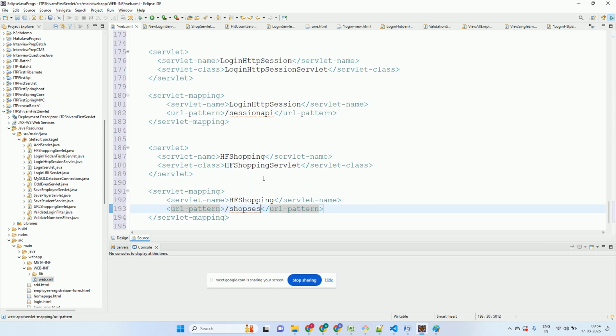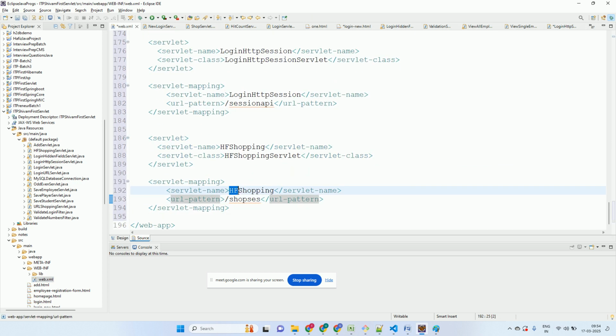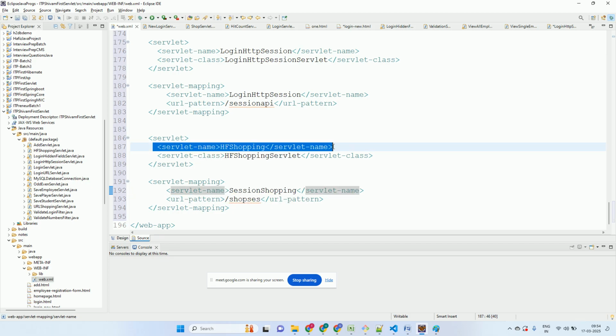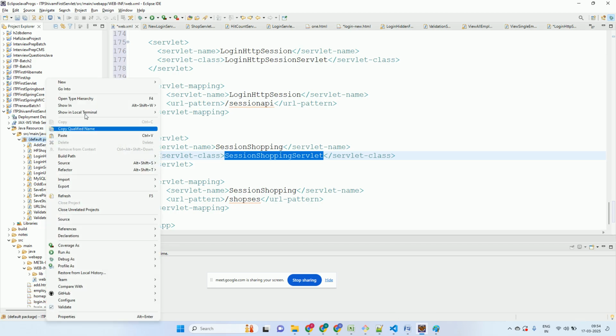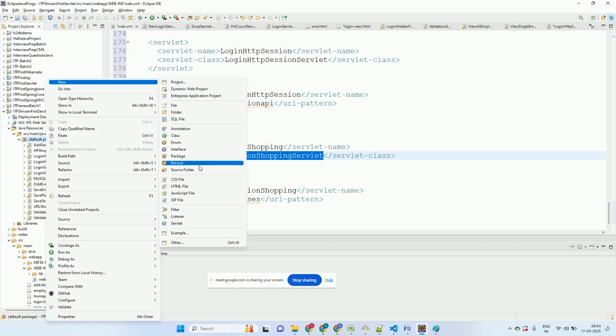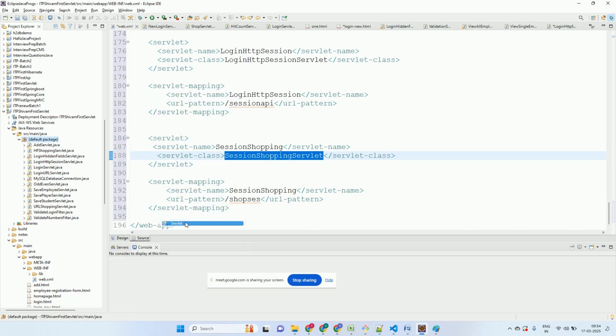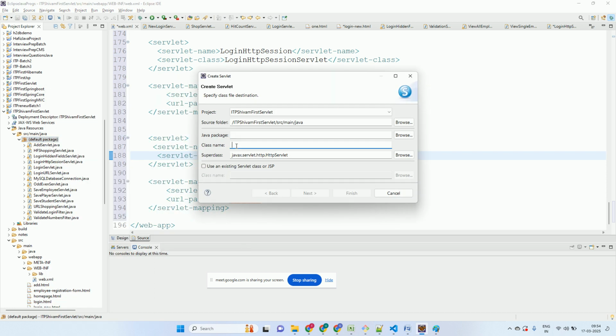सो फिर रुका जाएगा सेशन शॉपिंग, क्या डाल देंगे इसको हम, और सेशन शॉपिंग को उठा के डाल देंगे यहाँ पर, और क्या बोल देंगे, सेशन शॉपिंग सर्वलेट। Make sense? Is this there with us? Not there. So let's go and create a new servlet, class name, finish,